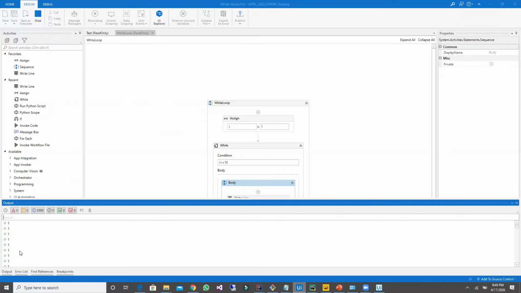See, the value of I is always going to be 1. No one is going to increment the value of I, so the I value will remain the same. So this loop will keep running, leading to memory leakage errors, which are system crash errors. So I should avoid this kind of mistake when I write my while loop in UiPath.